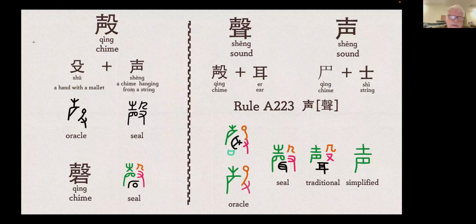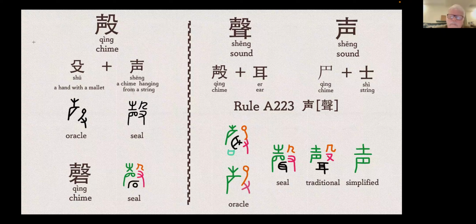When it represented the sound, they added an ear on the bottom. And you can see that the chime, in this case, it got changed to a different kind of thing. Over there on the upper right, you see the component which also you will find in the character for eyebrow,